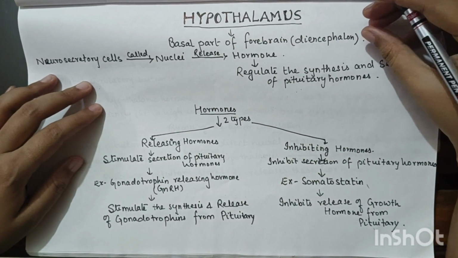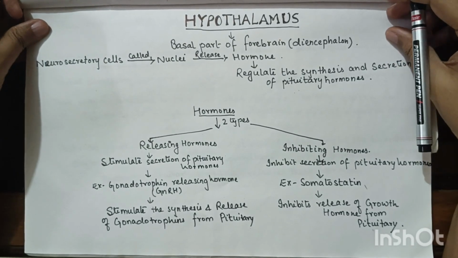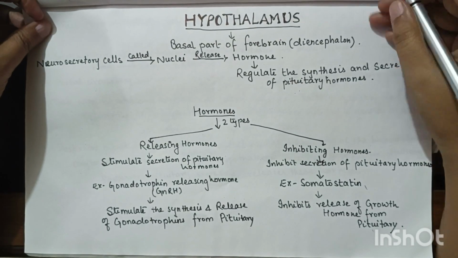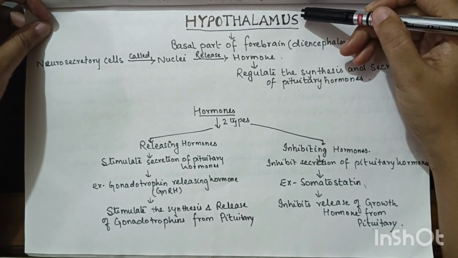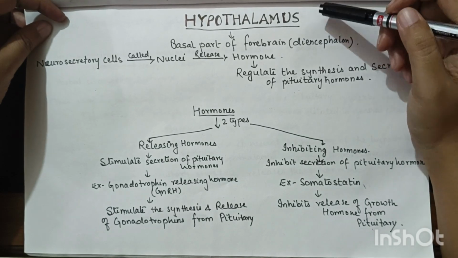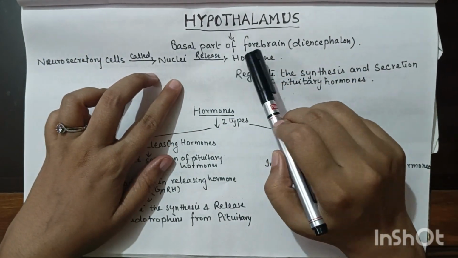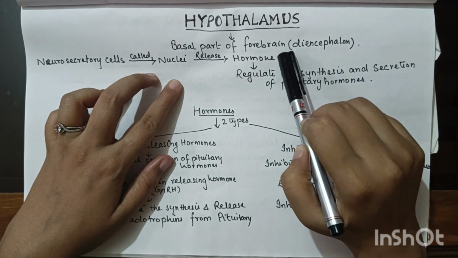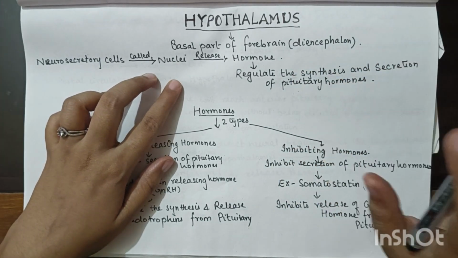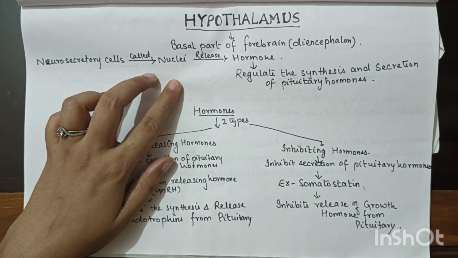हेलो स्टूडेंट्स, आज हम करने वाले हैं एंडोक्राइन सिस्टम। आज का हमारा टॉपिक होगा हाइपोथैलेमस। सो हाइपोथैलेमस इज़ लोकेटेड एट द बेसल पार्ट ऑफ द फोर ब्रेन। ओके, हम आपको एक पिक्चर दिखाते हैं जिसमें आपको समझ में आ जाएगा कि हाइपोथैलेमस इज़ लोकेटेड वेयर।